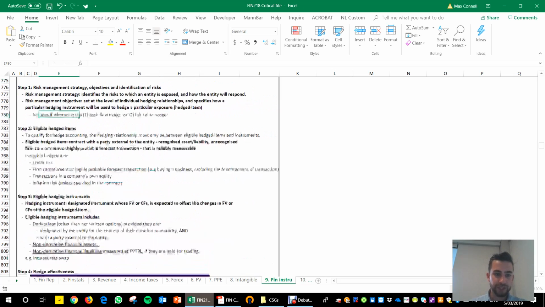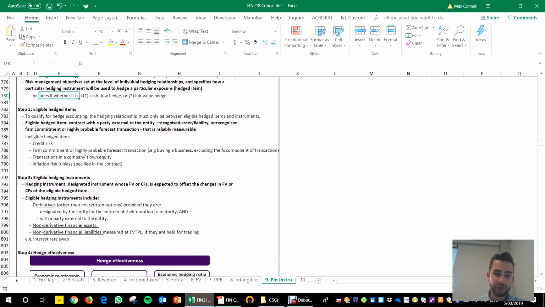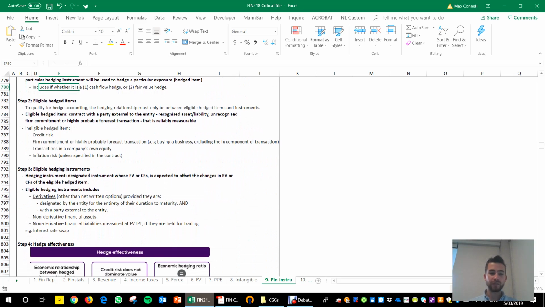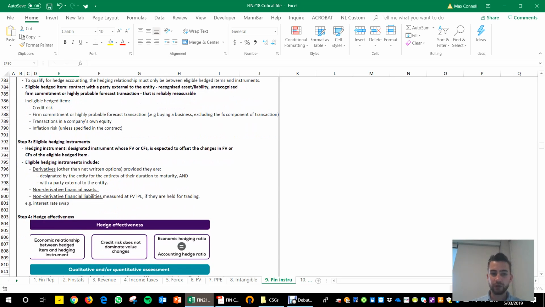So, step 3, which we're over here, identifying the hedging instrument. We must identify what instruments we're actually using in this process. The most common one is derivatives. The example we used before about the forward exchange rate contract to protect against FX movements would be a derivative. There's also some other ones, so non-derivative financial assets, non-derivative financial liabilities, but most commonly they'll just fall under